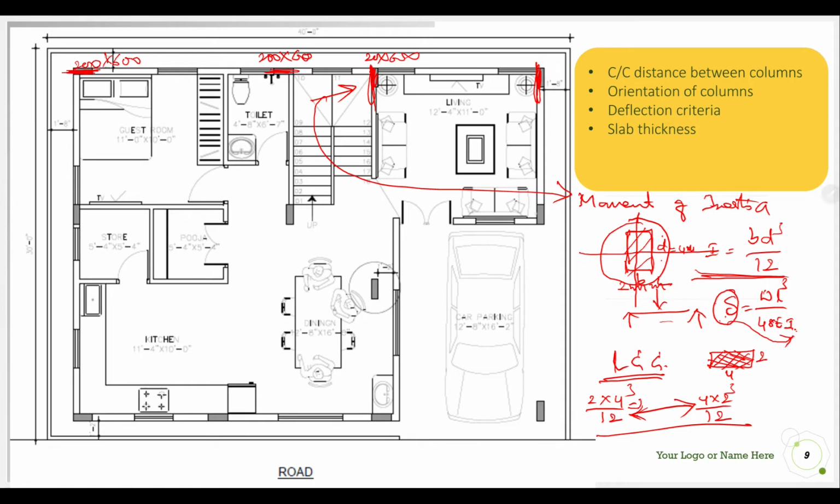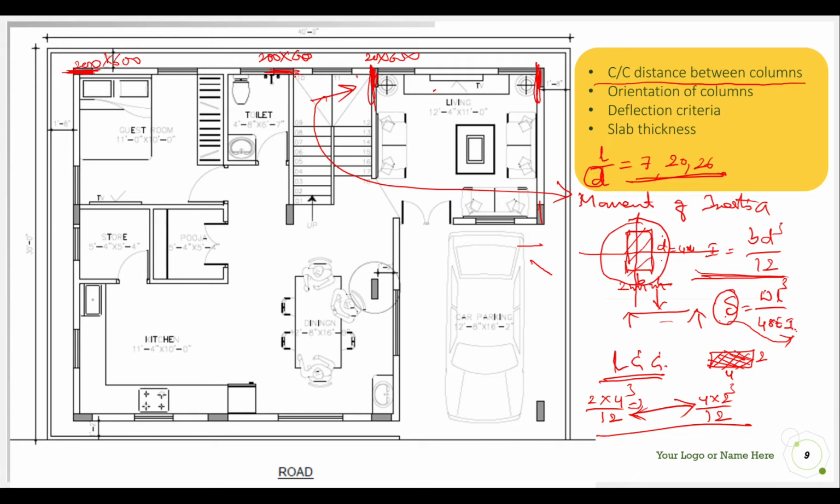People will give orientation in this direction or in this direction. So major axis takes more load, and the distance also matters. See, I am giving one column here to here, another column here to here. The cross section distance between the columns you need to understand. And the columns will be having the beams, right? For the beams we have L by D ratios. L by D ratio will be 7 for cantilevers, 20 for simply supported beams, 26 for continuous beams. Based on this, whatever the depth we are providing for the beams, we are fixing the columns, and that will be the end of the column layout.